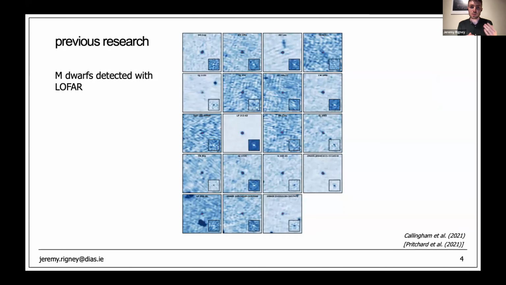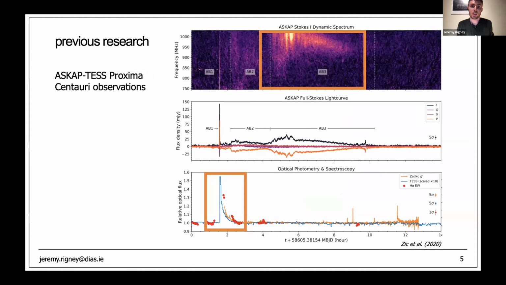But moving now to M dwarfs, what do M dwarfs look like at radio wavelengths like this? This is a summary of a population of M dwarfs, a study by Callingham et al. 2021. One of the things is that we're not quite sure how these M dwarfs emit at radio waves, whether some of them are radio quiet, and perhaps whether the emission mechanism is beamed. So if the beam never reaches Earth, we may never see emission from that star. But we do see M dwarfs at radio emission, and so we can examine this to better understand flares at radio wavelengths, and also whether coronal mass ejections occur on M dwarfs.